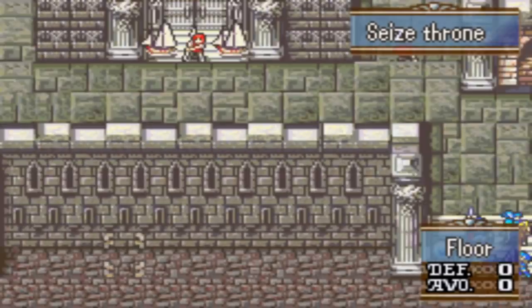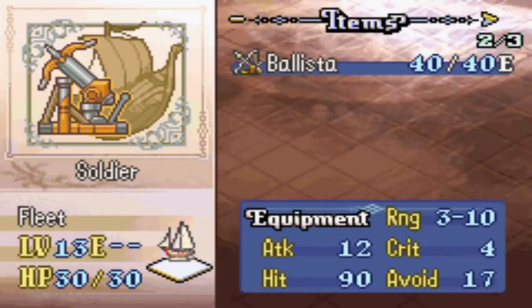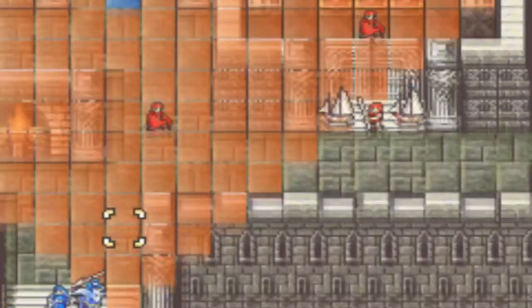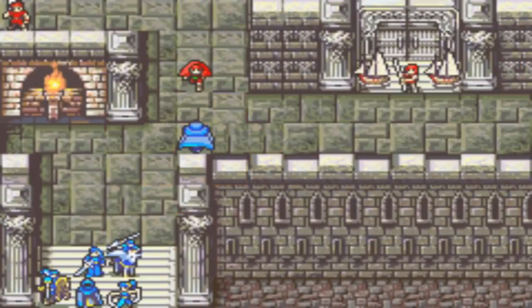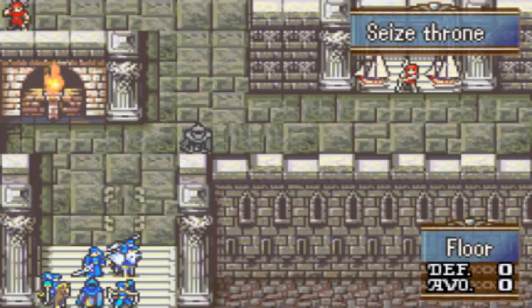Okay, so not much has happened so far. I guess I need to be afraid of the ballistas, but they only have 12 attack, so... And then I guess this guy is also up here with another 12 attack. This could be a little scary, but let's just go all out for now. Let's see what happens. I want to feed this kill to... No, never mind, I'm going to feed it to Mulder. Alright. Well...